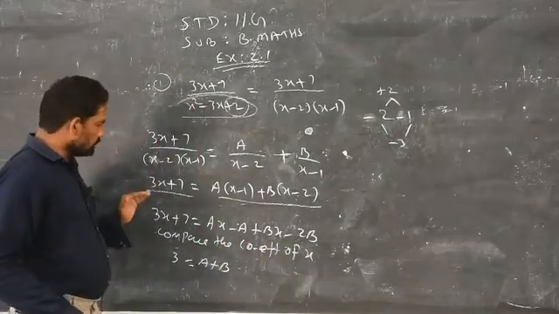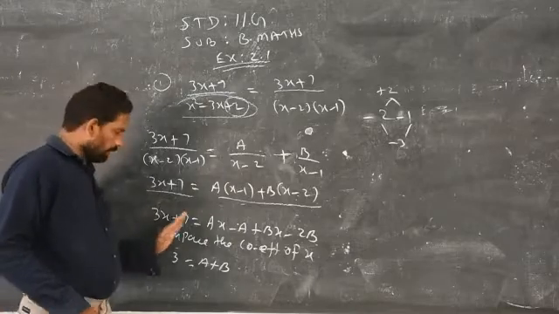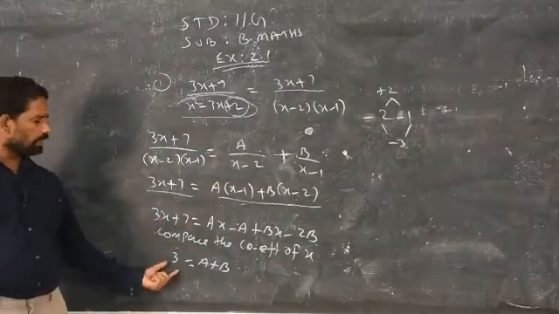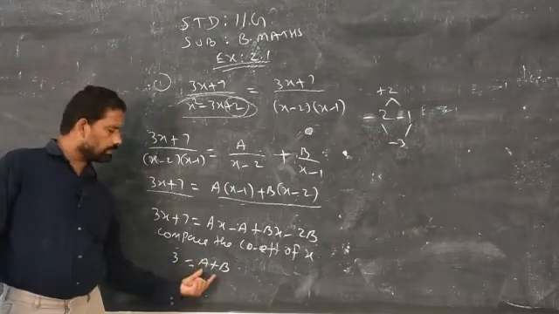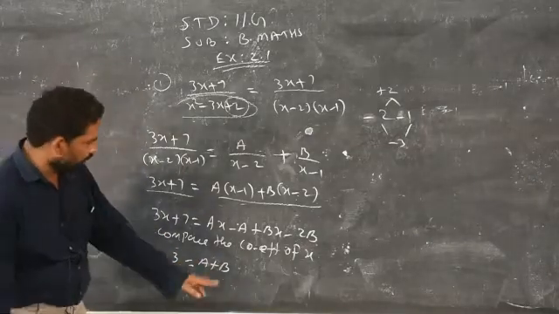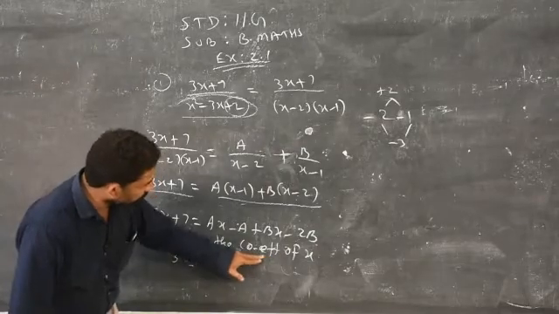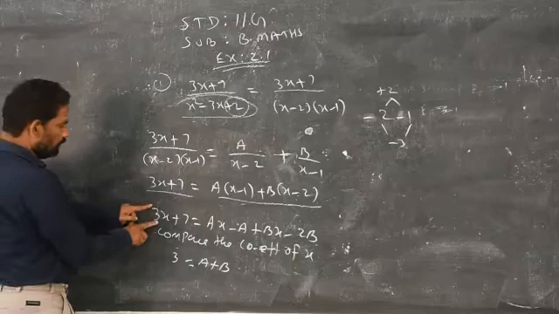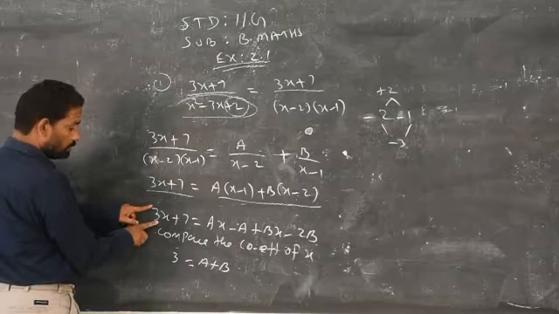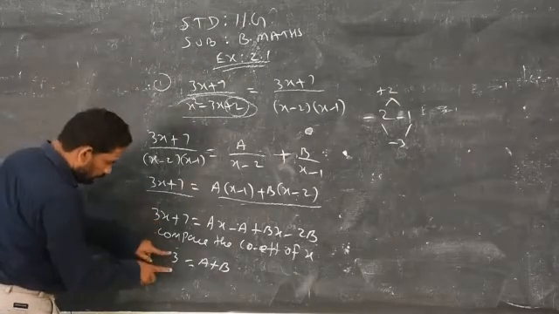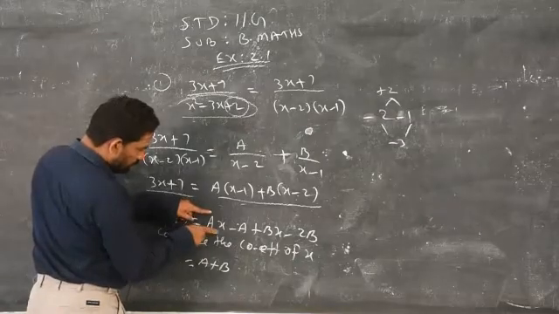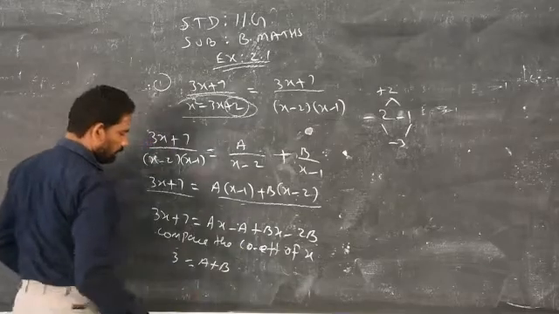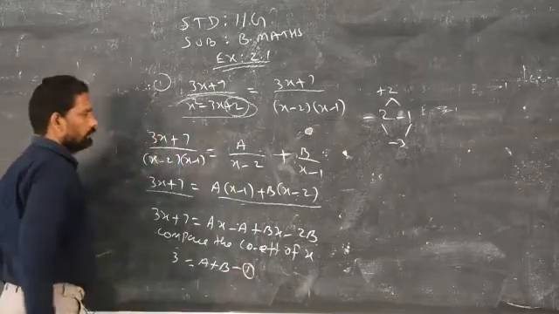What are the terms consisting of x on the left side as well as on the right hand side? Just write only the coefficient. Don't write 3x is equal to ax plus bx. That is meaningless. That's what I mentioned very clearly. Coefficient of x, so you have to write only the coefficient of the variable x. On the left side we have only 3. On the right side ax is there, so the coefficient of x on the right side is a. Similarly b. Equation number 1.